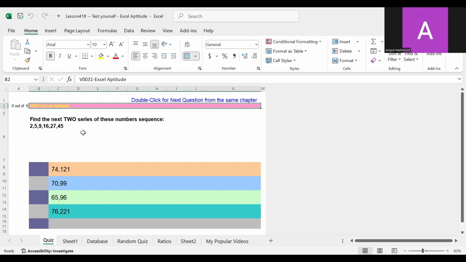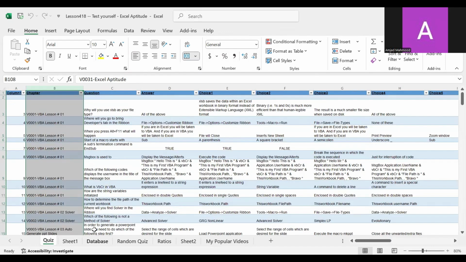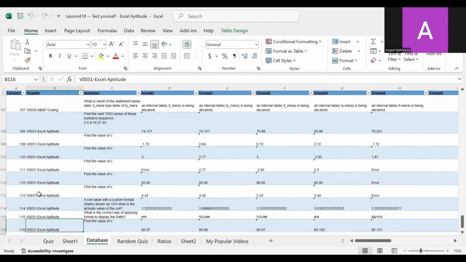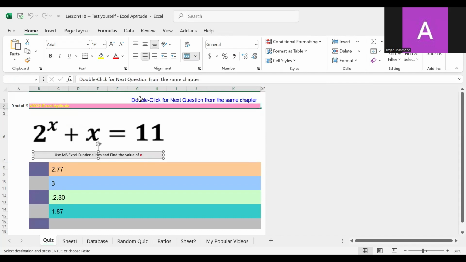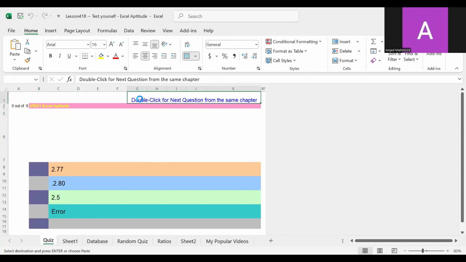In this series of multiple choices, we have this Excel aptitude chapter. You will find Excel aptitude in here, and you double click to proceed to the next question. In our previous videos, we have been solving all these. These all have been attempted, and we have shown you the solution. So our today's question is